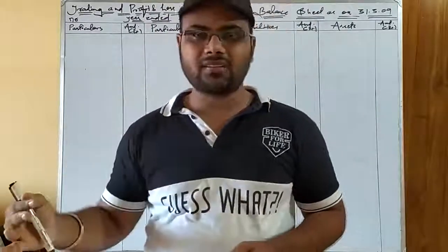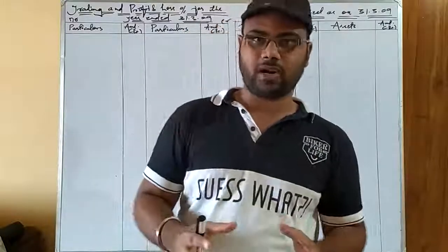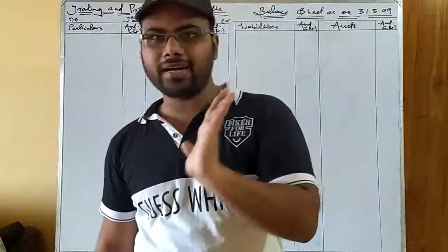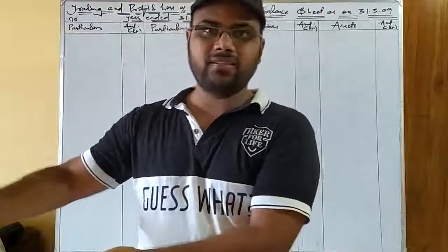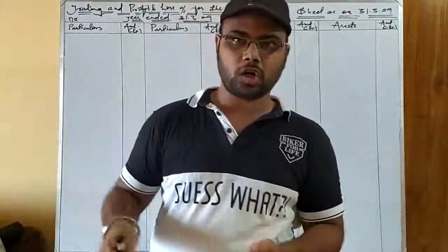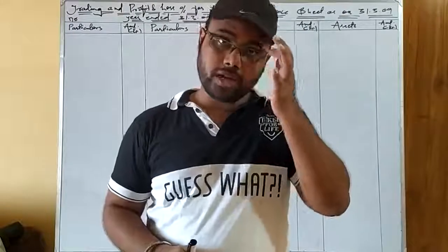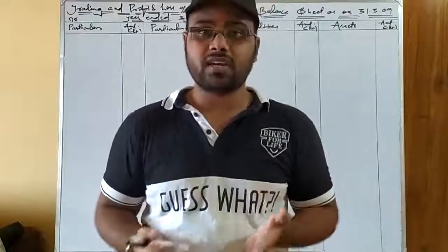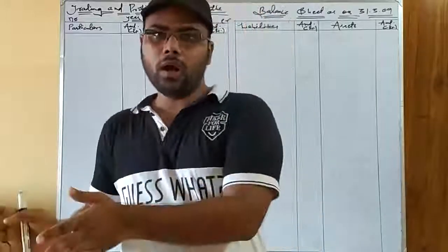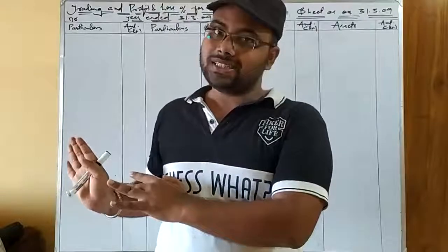Then the next task is to take the closing or brought down balances of those ledger accounts to your trial balance, depending upon the nature, debit balance or credit balance, and the total tallies. If the debit total and the credit total of the trial balance do not tally, you cross-check the transactions posted, whether you made a mistake in the journal or ledger. If the trial balance is correct, you move on further, and that is the preparation of the financial statements.